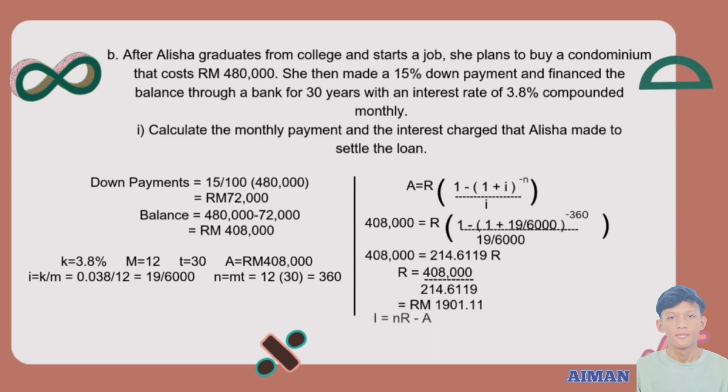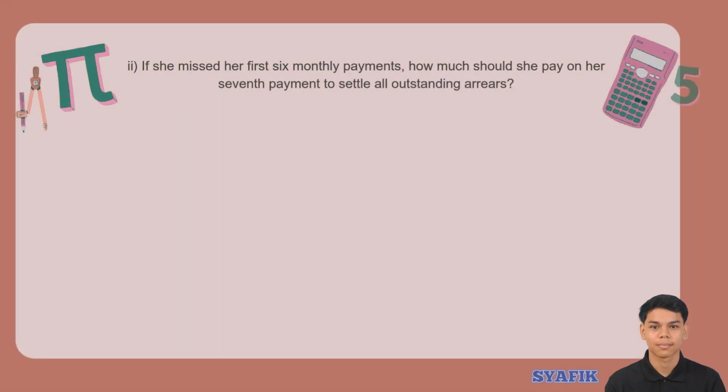1901.11. Lastly, we need to calculate the interest. We use this formula: I equal to n multiply R minus A. So we put the numbers into the formula and the answer is RM276399.60. Next question. If she missed her first 6 monthly payments, how much should she pay on her 7th payment